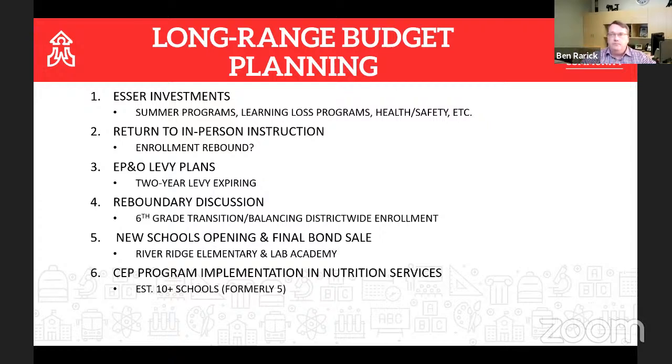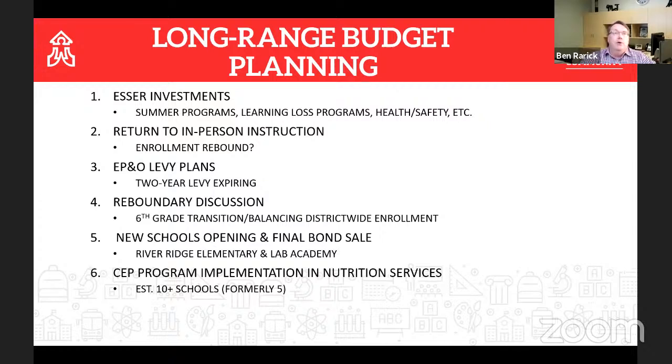So it's been, what, a year and a half? Yes, not quite, since we passed the last EP&O, and we'll have something else on the ballot in the winter or spring of next calendar year. I mean, we will have to, because we will be done with our levy. So there are decisions and planning to be done in the fall, gearing up for that. And one of the decisions will be the length of the levy, regardless of the size of the levy.